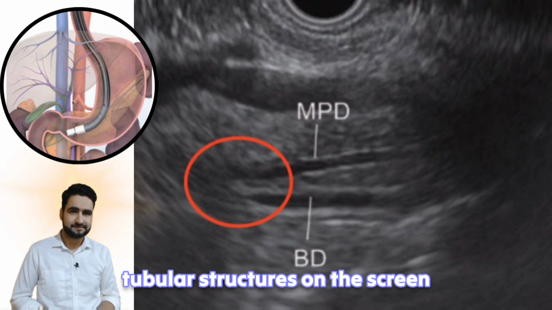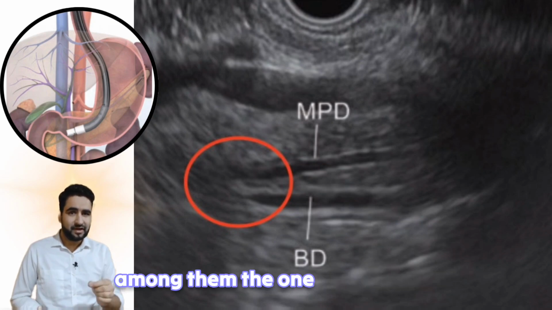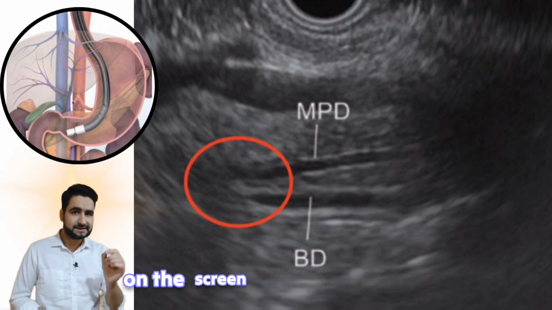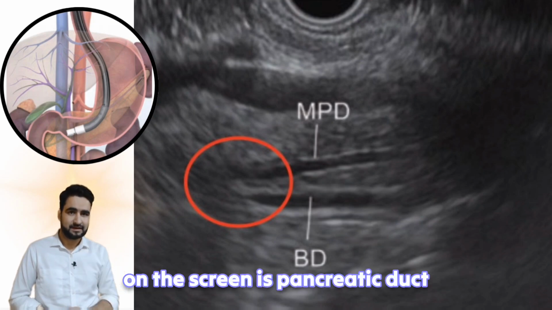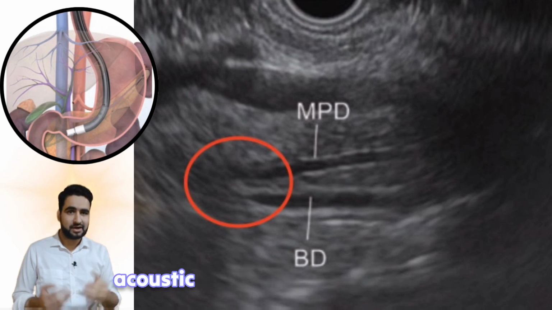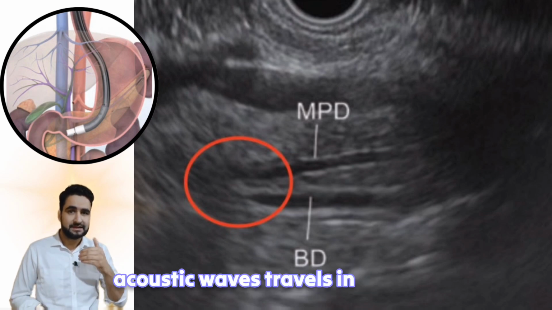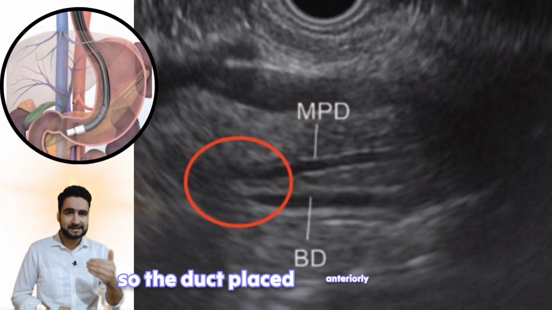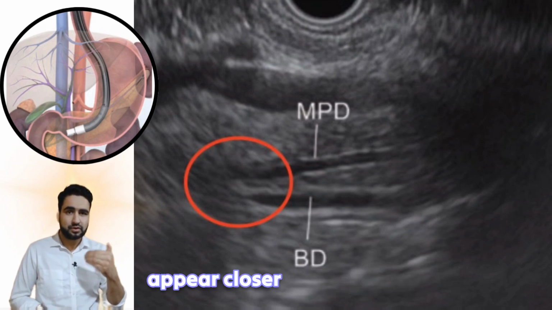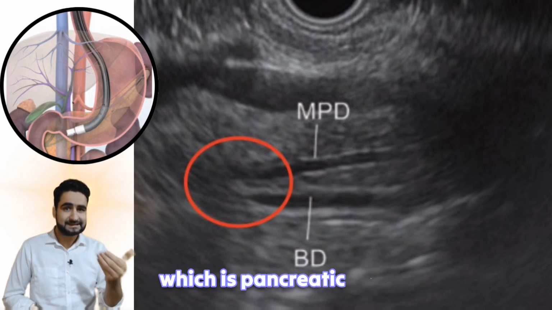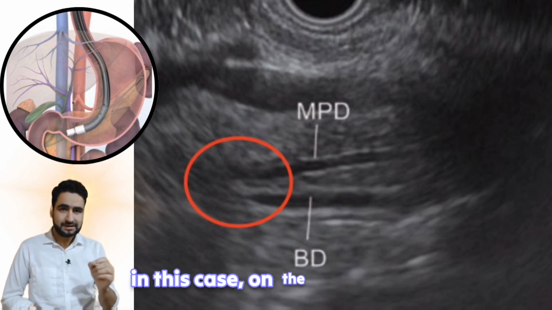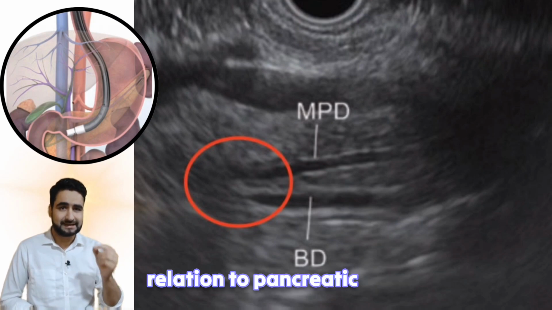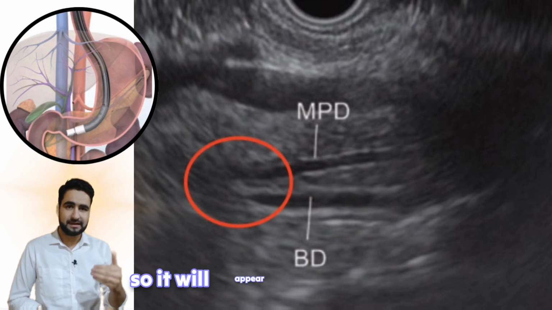on the screen. Among them, the one closer to the probe, that is in the superior field on the screen, is pancreatic duct. But here, at this point, acoustic waves traverse in anterior to posterior direction. So the duct placed anteriorly will appear closer to the probe, which is pancreatic duct in this case. On the other hand, bile duct is placed posteriorly in relation to pancreatic duct, so it will appear in the